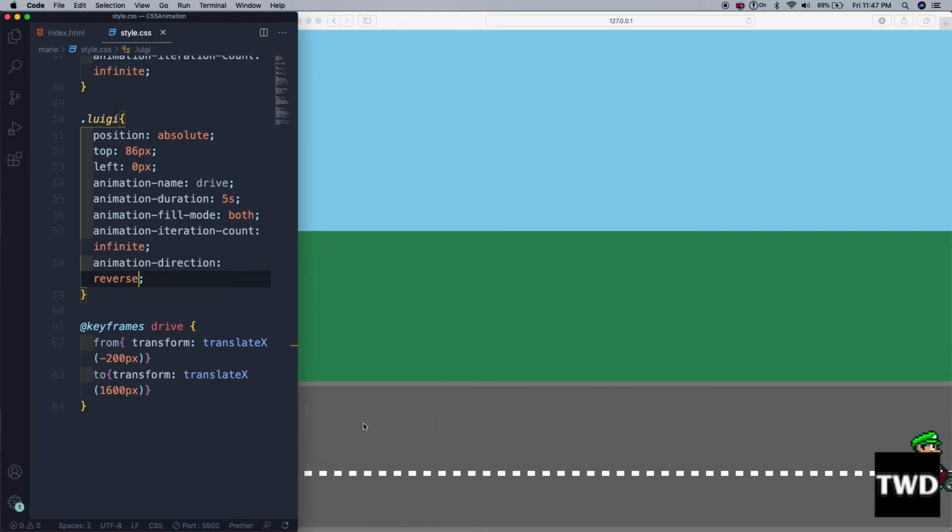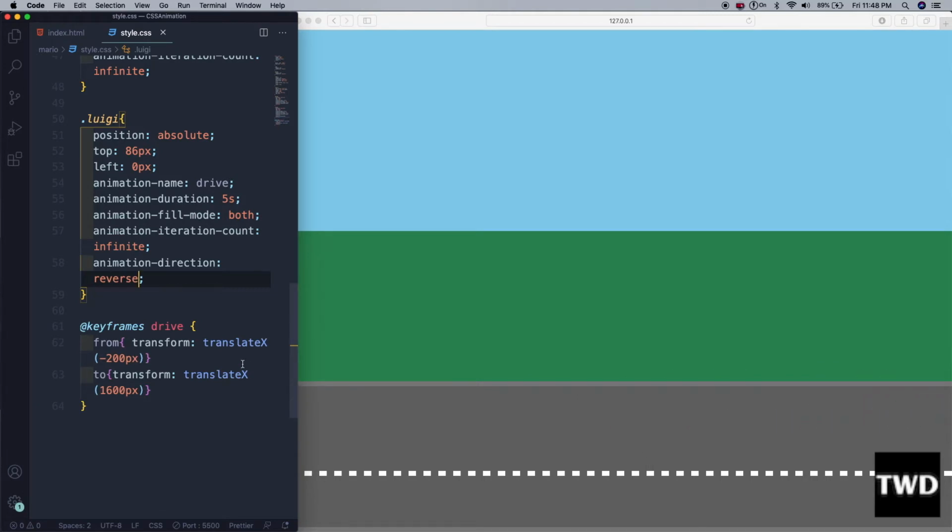Mario is slowing down towards the end, so he's not traveling in a linear fashion. See, he's going fast, and he's slowing down here, he's going fast and he's slowing down here. So it is because there is a transition timing function which by default is ease. So we don't want that feature, we want it to be linear.